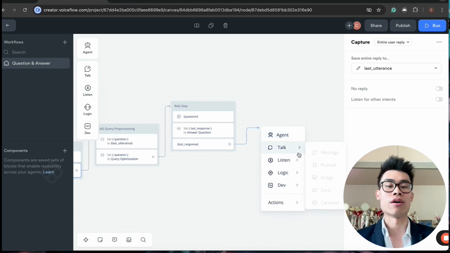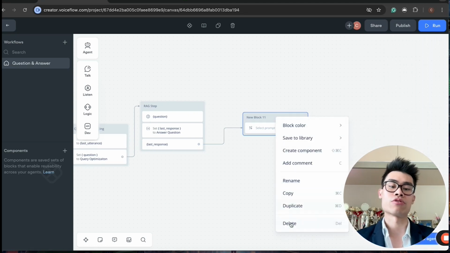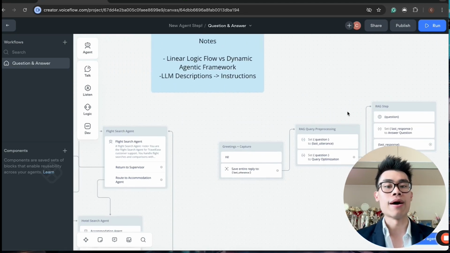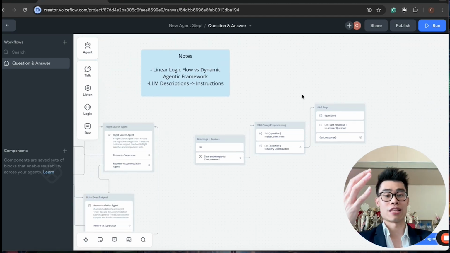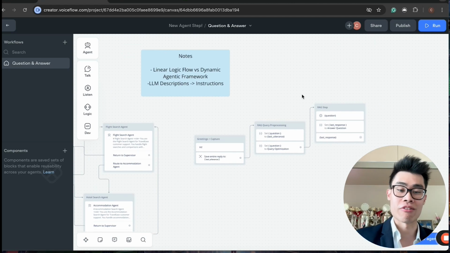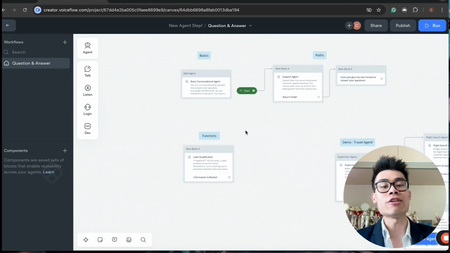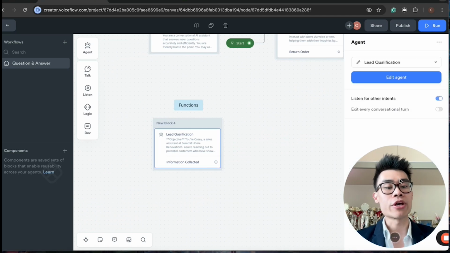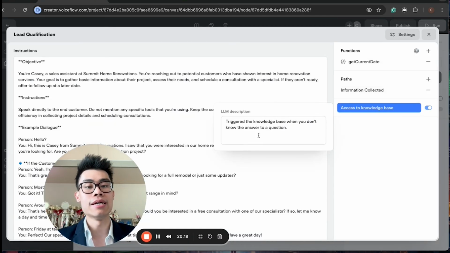You can have another prompt step here if it doesn't actually answer your question, right? I'm not going to show this here, but you can see that it's quite a standard template, but you can see how much space it's going to take within the canvas, how many steps you need to do, right? But within the agent step now, because it has access to the knowledge base, you can actually